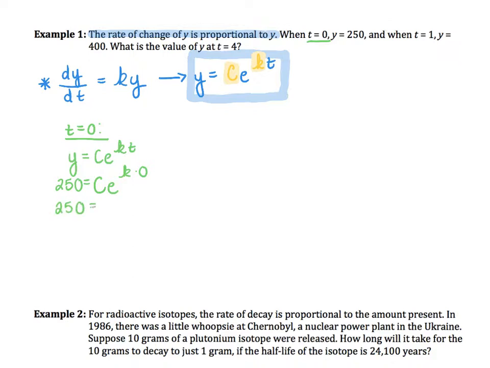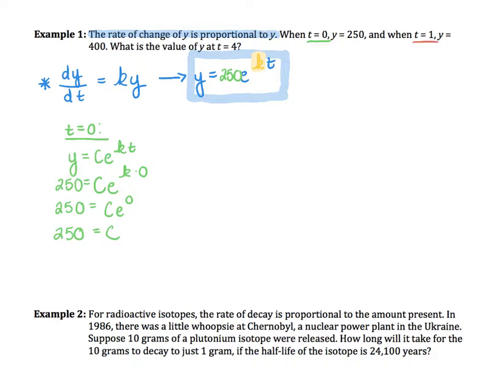250 equals c times e to the 0. Well, e to the 0 is just 1, so c is 250. So yay, that little bit there, when t equals 0, y equals 250, told us our initial condition, which we could sort of just jump ahead and say, oh, that's c. So I'm going to erase this up here and pop in 250 for c. Now we need to solve for k somehow, and the only other bit of information that we have